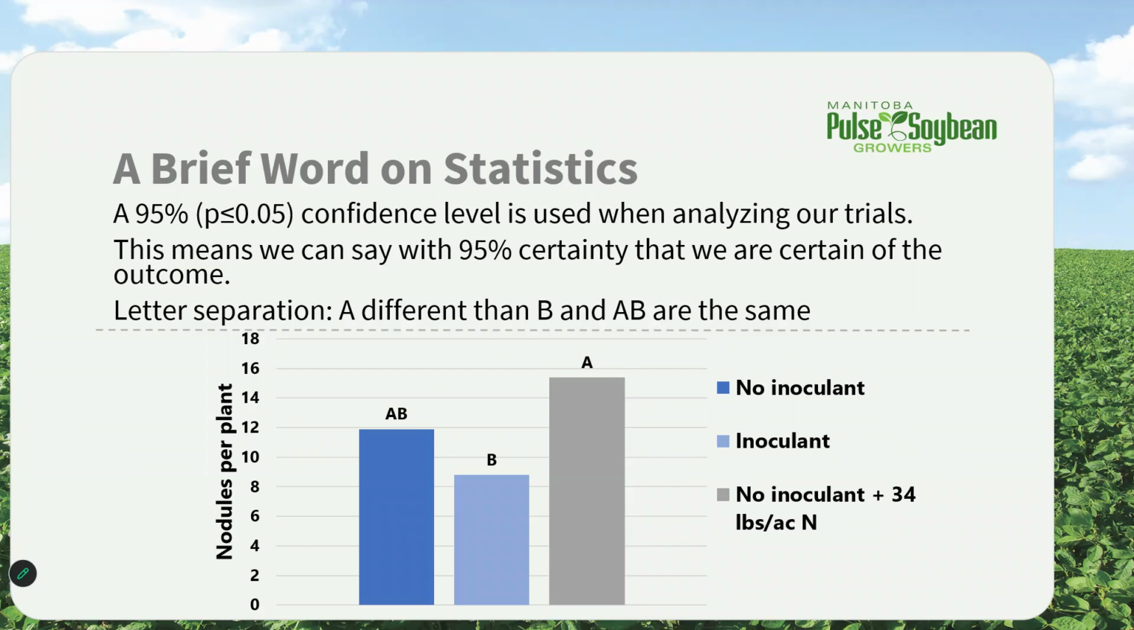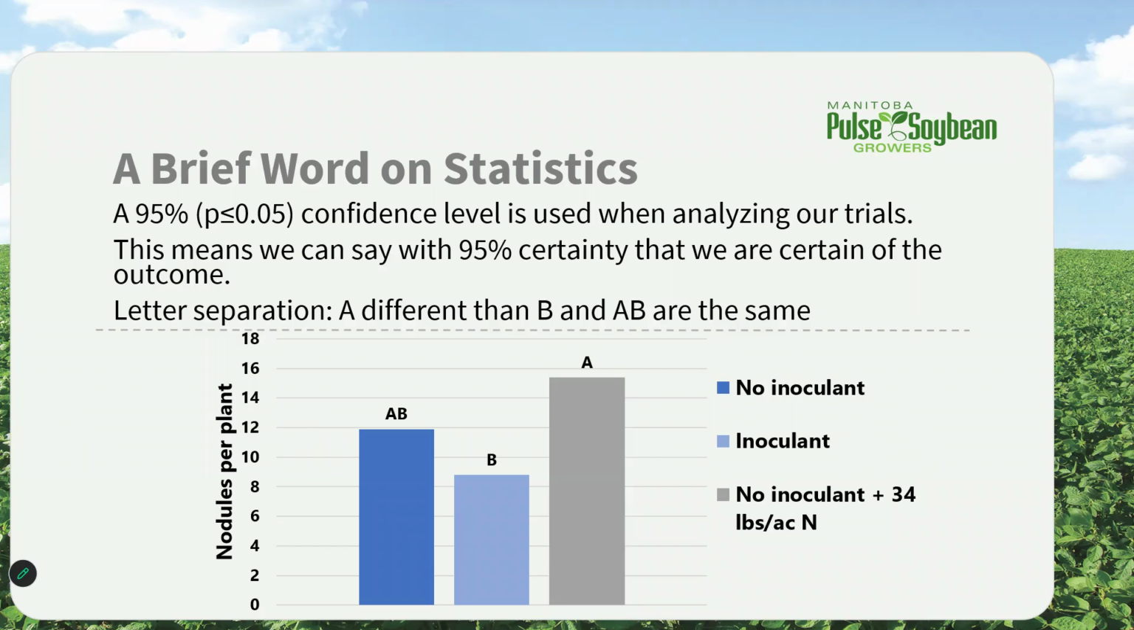And this basically means that we can say about 95% of the time the yield difference was caused by the treatment and not something else like pure chance or field variability. A lower result than 95% just means that we are less confident of the result, and therefore we say that it was not